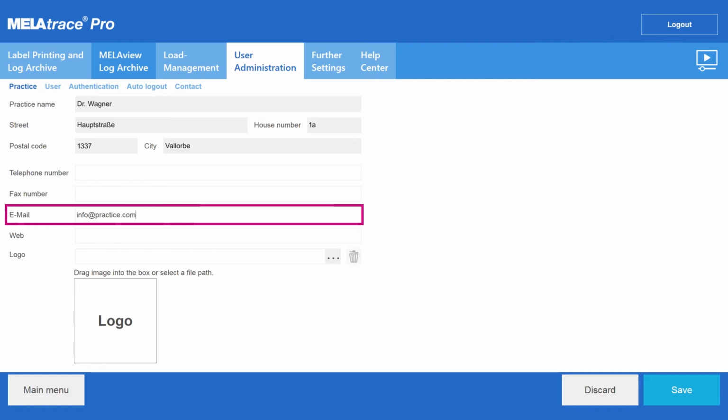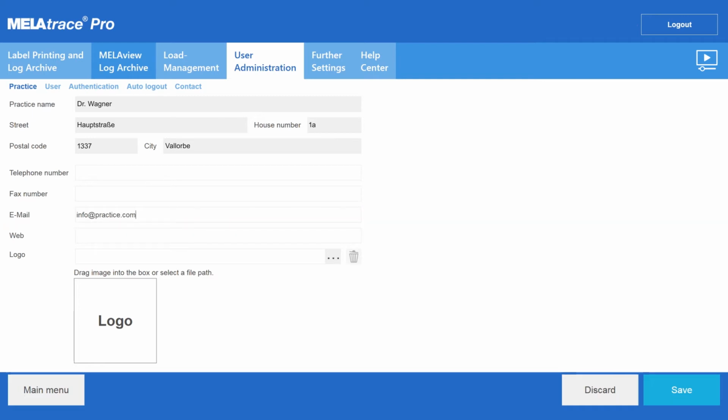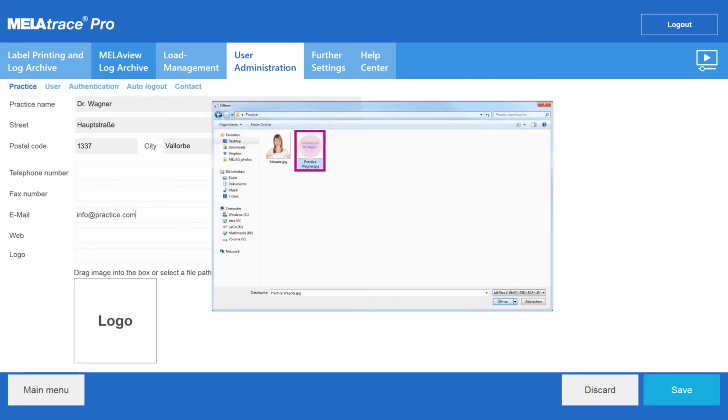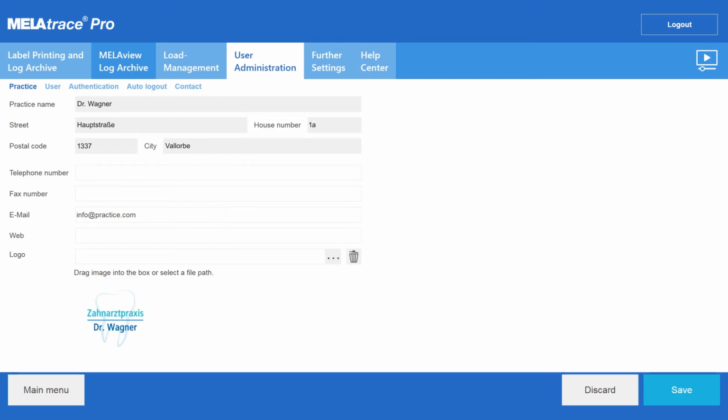If you wish your practice logo to be displayed on the decontamination report, click on the 3 points and select an image file on your computer. Please save all changes